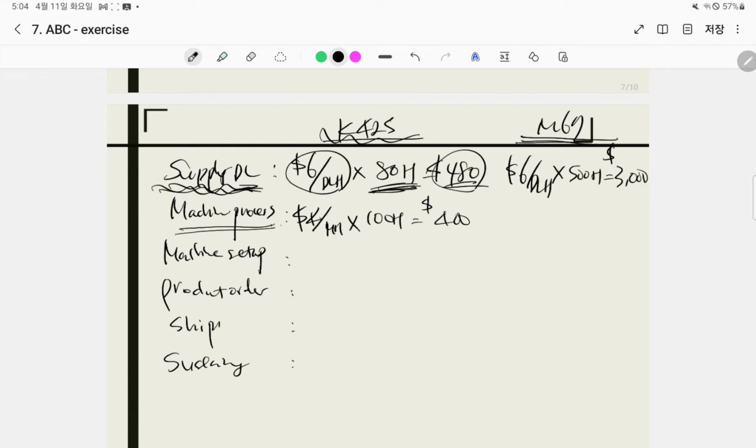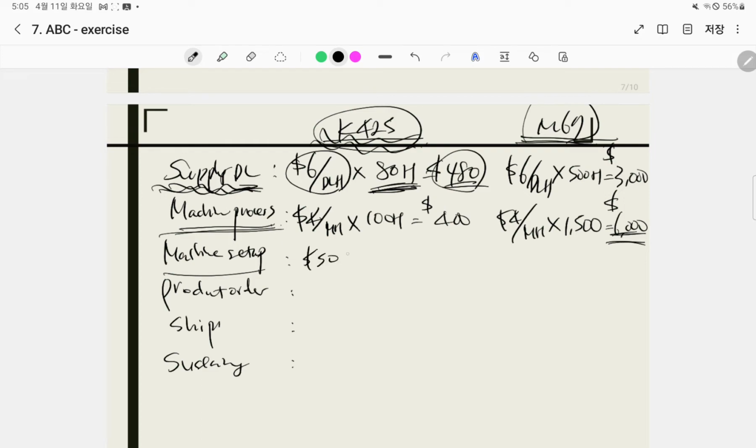of machine processing cost consumed for K425. So activity rate $4 per machine hour times 1,500 machine hours. So in total $6,000 of machine processing cost consumed to produce M67. Machine setup, $50 per setup times 1, so 50, and 50 per setup times 4, 200,